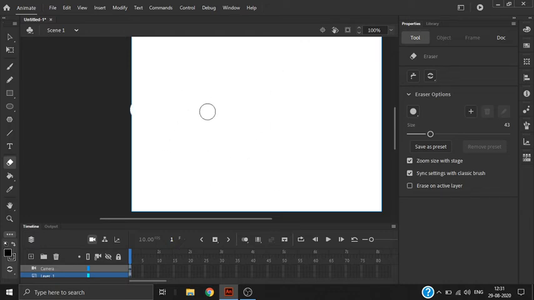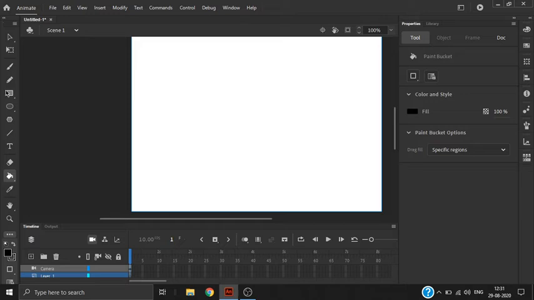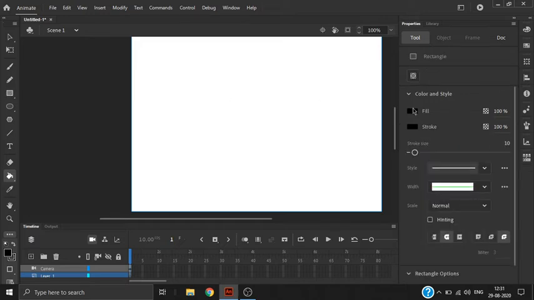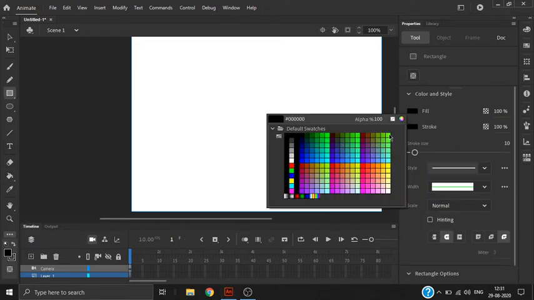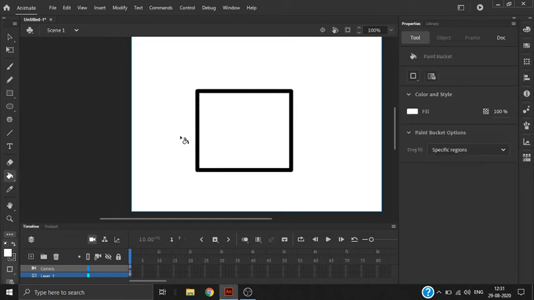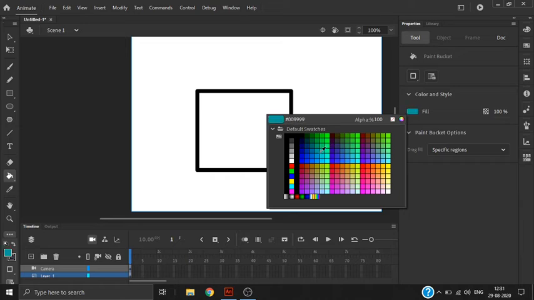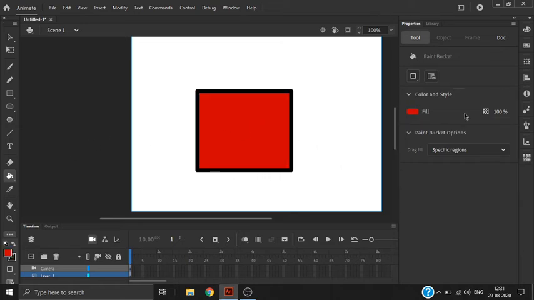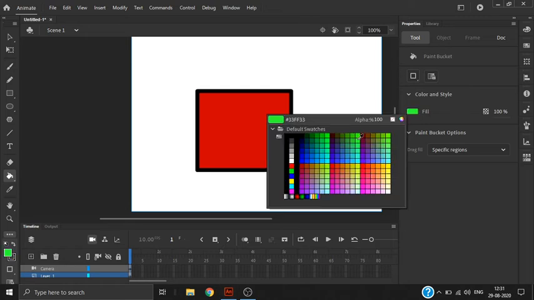And our next tool is the paint bucket tool. This paint bucket tool is used to fill the shapes or drawings which you make. You have to choose the color in the color and style, click on fill, and let's say I choose red. You can fill it, you can choose any color.